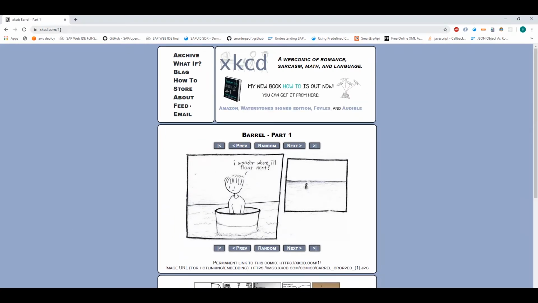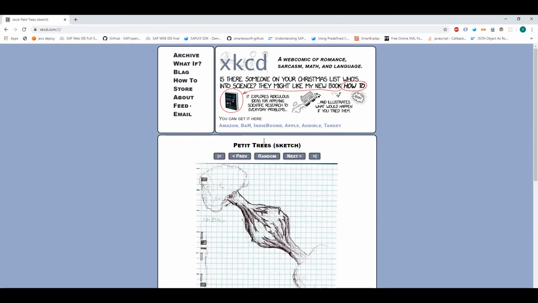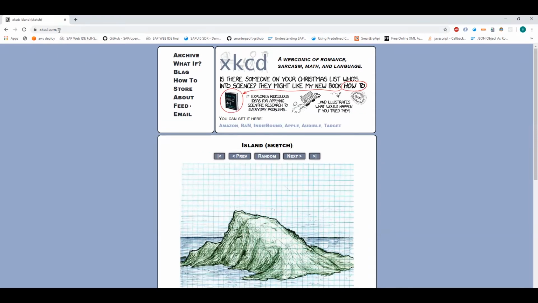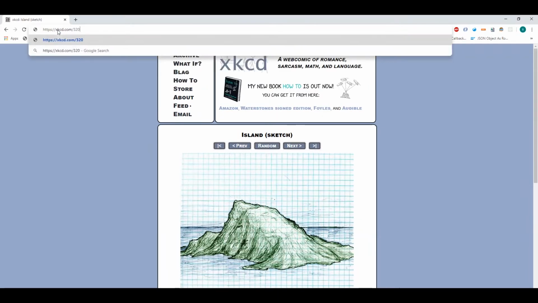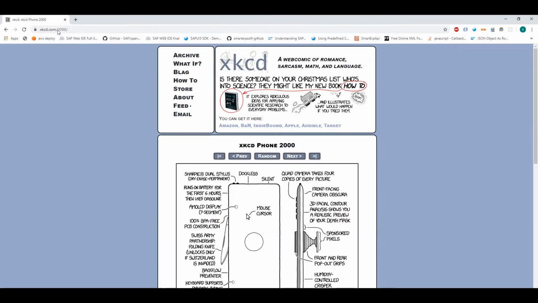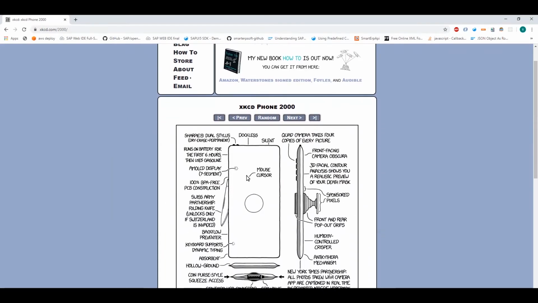For example, if I go to xkcd.com/1, you view a comic, and if I click next, the second one loads, and so on. There are at least 2000 comics. If I go to xkcd.com/2000, you can see that it leads to a page. What we are about to do is scrape this entire website. That is, we are going to download all these 2000 images, and we are going to save them in our